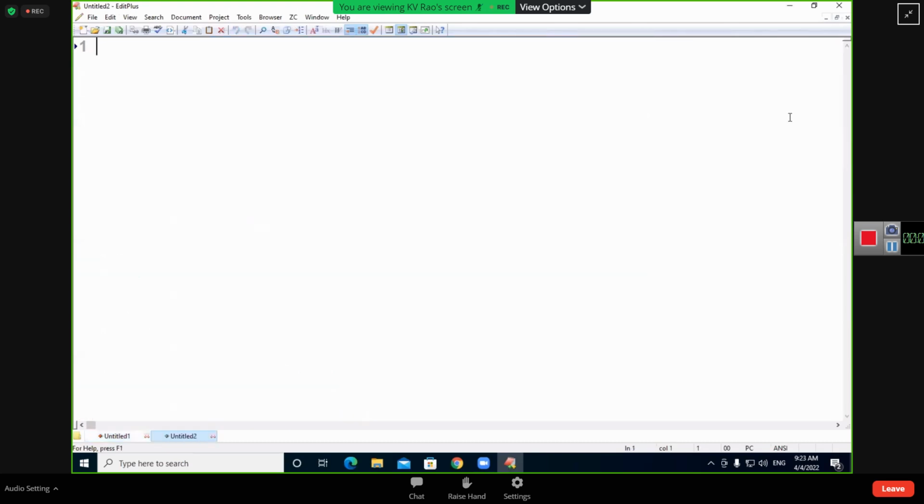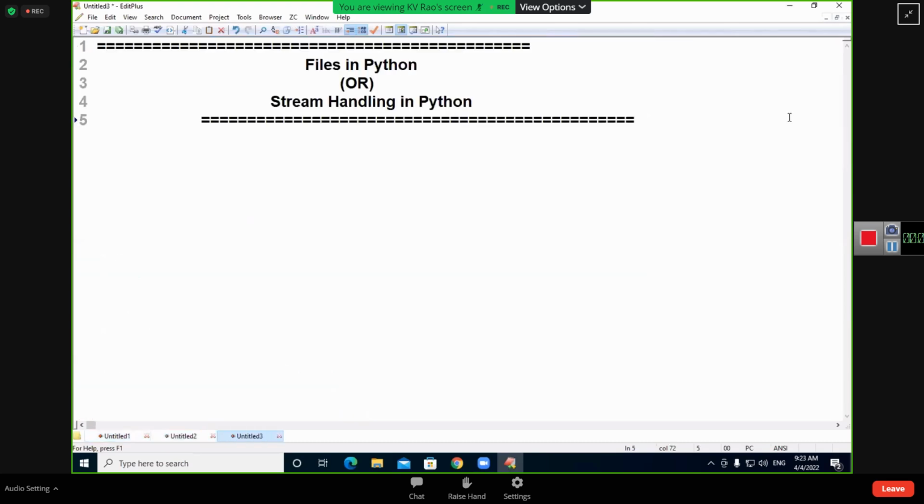What is the need of this now? Dear students, the programs which we have discussed so far, what did we used to do? We used to read the data from the keyboard. Where is that keyboard data stored? In main memory, in objects. Objects are there in the main memory of the computer.